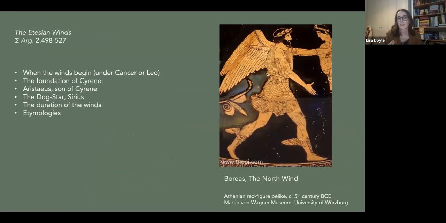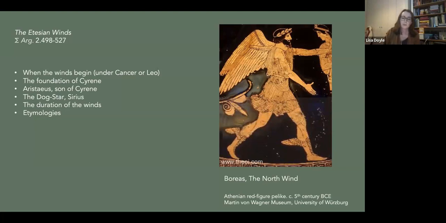The Argonauts have visited Phineus, so he was the figure I mentioned a few moments ago. They then want to leave Phineus. He's based on the Thynian coast, but they're delayed by the Etesian winds, and they're delayed for 40 days. Apollonius then provides us with an aition. So this is our word of the day, the origin and the cause of the winds. He says that it's related to the figure Cyrene, which is what I'm going to show you in a minute